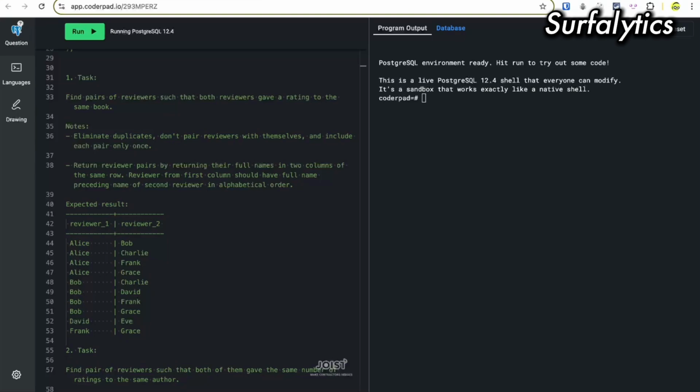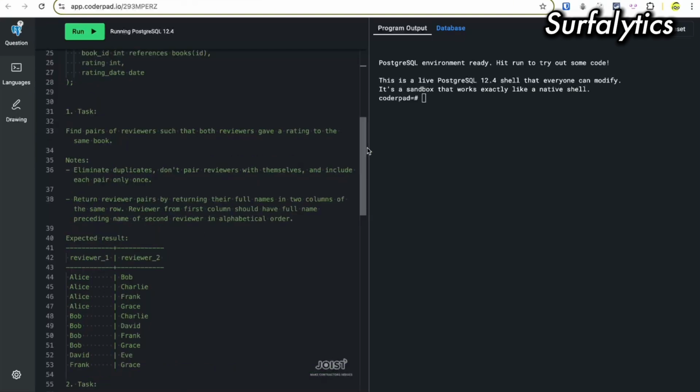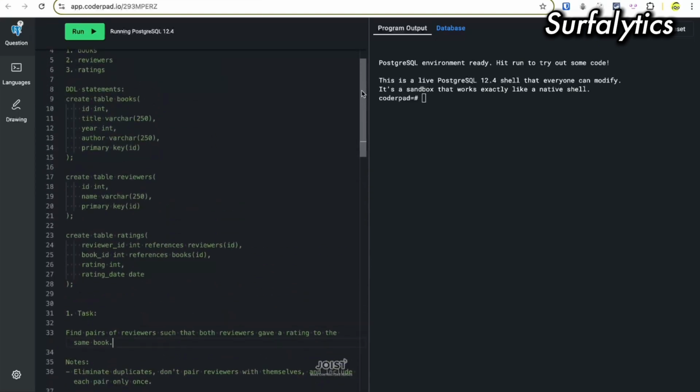The reviewer in the first column should have a full name preceding the name of the second reviewer in alphabetical order. Okay. Expected result: reviewer 1, reviewer 2. Okay. Find a pair of reviewers such that both reviewers gave a rating to the same book.